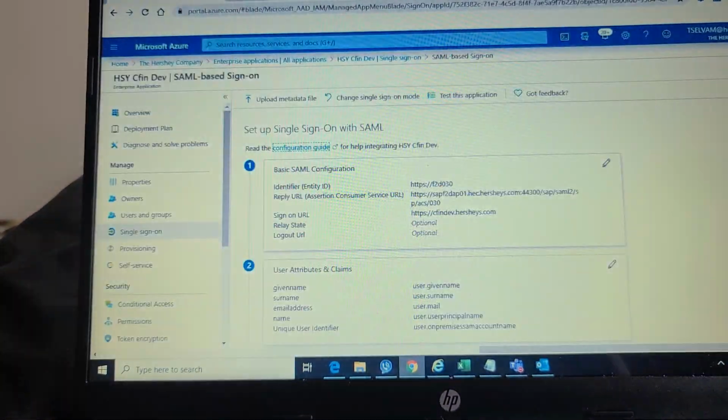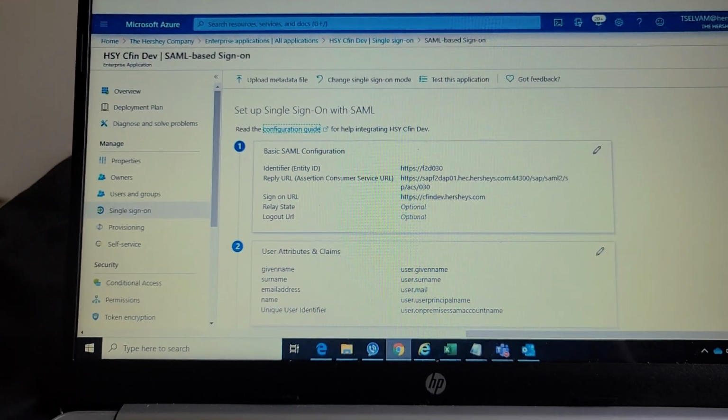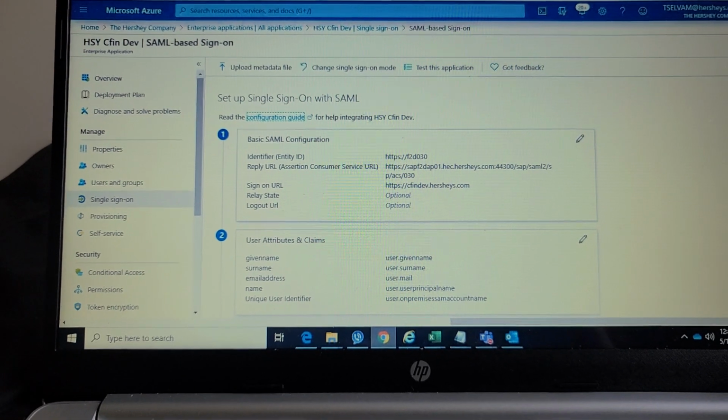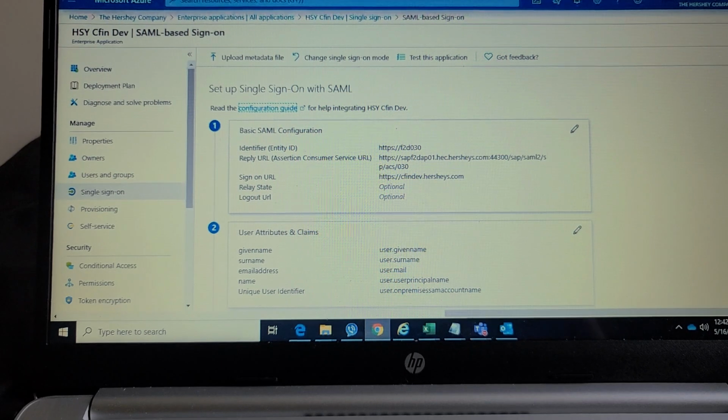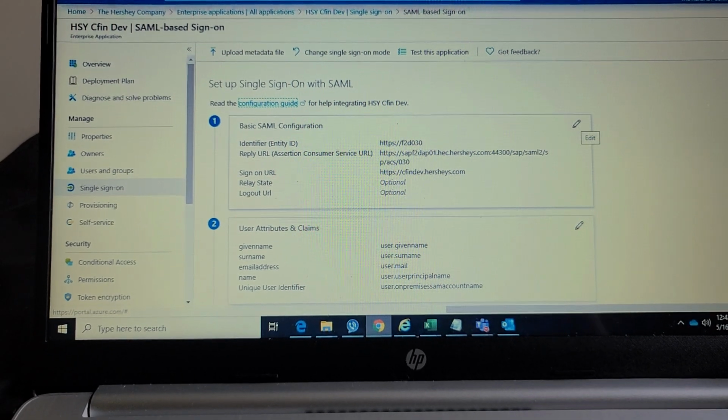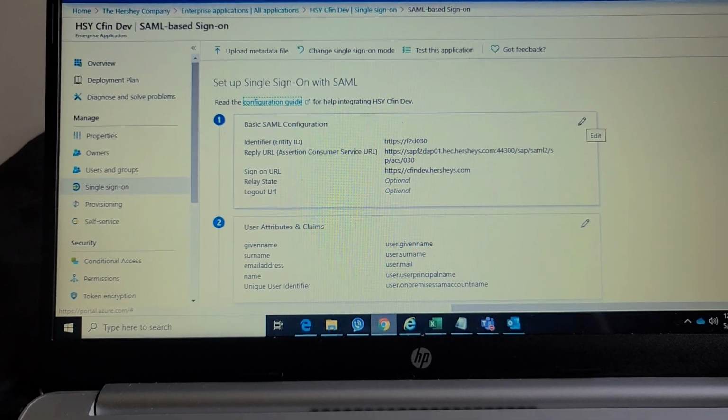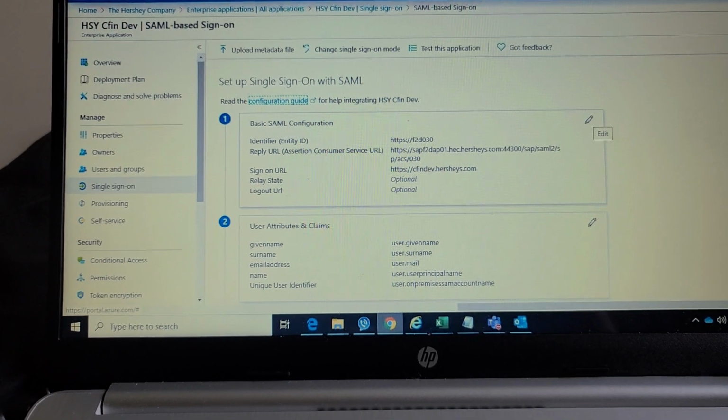No problem. Even if you don't know the sign-on URL, you can ask them in the call only: could you please ping me with the sign-on URL? They'll ping you on chat. And then what do I have to do with it? You just update it. Oh, if they give me the URL, then I have to just update it.